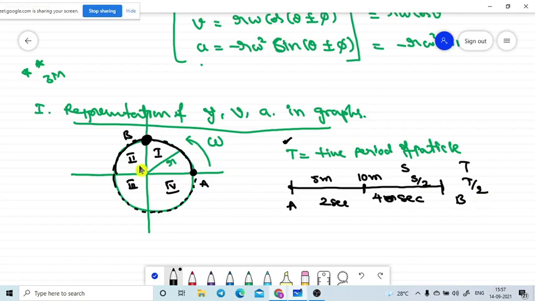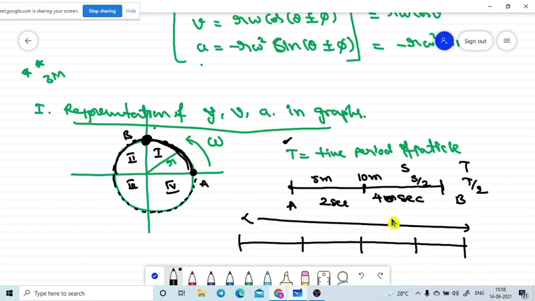So what I asked here: how much distance is this one? It is the quarter distance, 1/4 of this one. That means what is the time here? See, now I am taking the total length, the circumference of the circle, in 4 parts. This is the first quarter part, this is the second quarter part, this is the third quarter part, and this is the fourth. The total time to cover this is T.